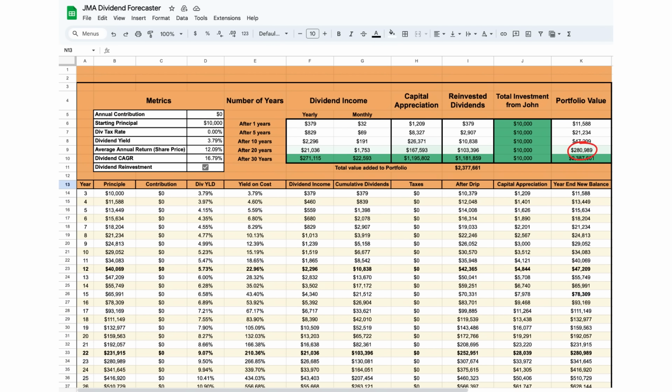And if you're thinking really long-term, after 30 years, that $10,000 investment could potentially grow to an impressive $2,387,661. Paying $271,115 annually in dividends, which translates to about $22,593 every month. To break it down, the total value added to your investment would be around $2,377,661, with $1,195,802 coming from capital appreciation and